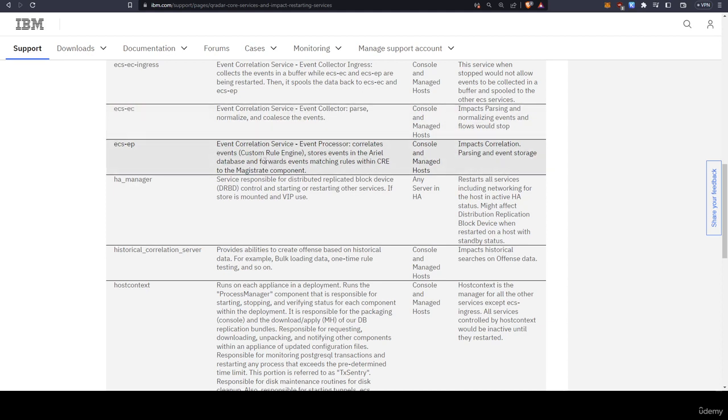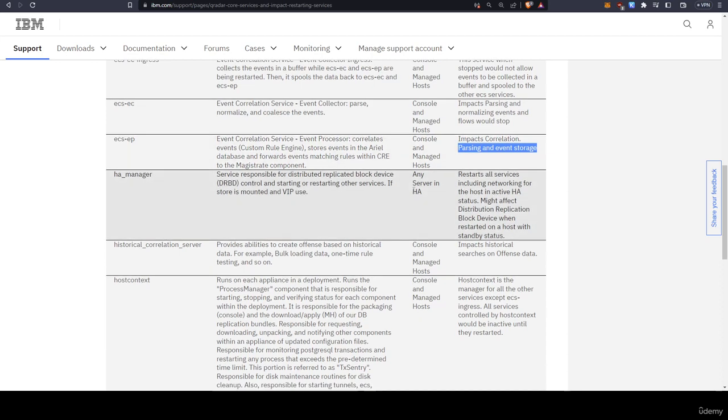It runs rules on those logs, and if anything matches, it sends them to the user interface. And this obviously runs on the console and managed hosts, and the impact is for correlation, parsing, and event storage. So very, very important service. If it's down, your rules are not going to run.